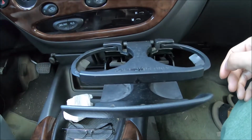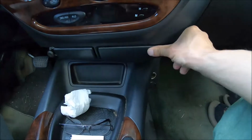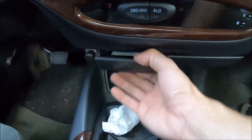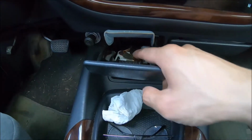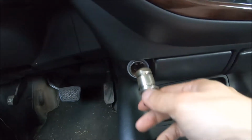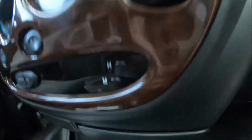And now for the cup holders. Back then, you still had this really old school cup holder. And then you also have another compartment to put your coins. And then you do also have your cigarette outlet. And another thing I wanted to point out is that you do have two more 12-volt outlets down here for the passenger in case they need it,